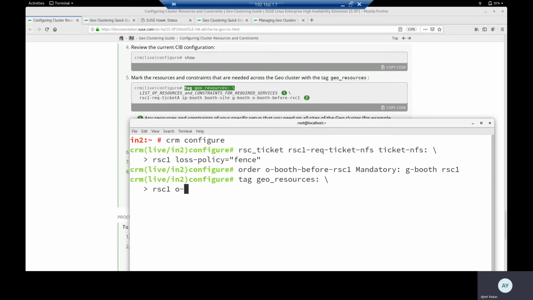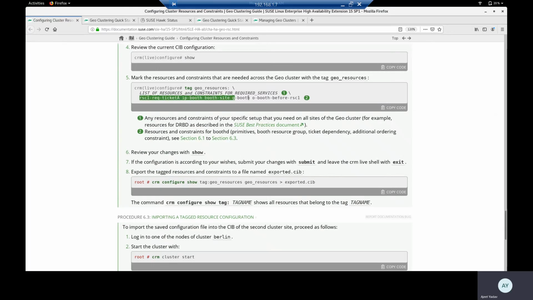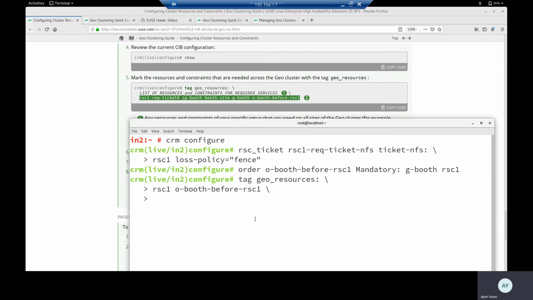If you see the list of resources and constraints for required services, the name of the order constraint I created is booth-before-RSC1. Then I need to write this. I have to correct this because my ticket name is ticket-nfs, and the name of the resource is not IP booth but booth IP. The rest is all good. Now press commit.